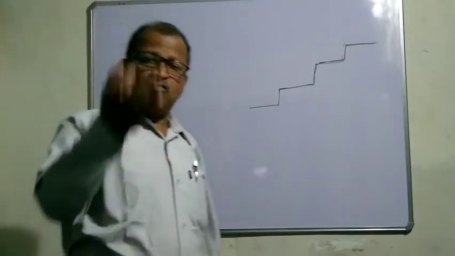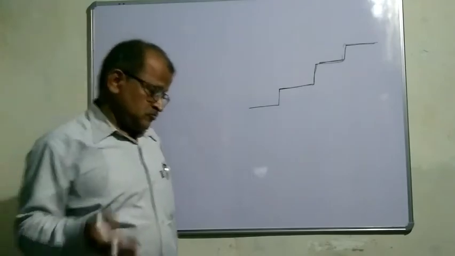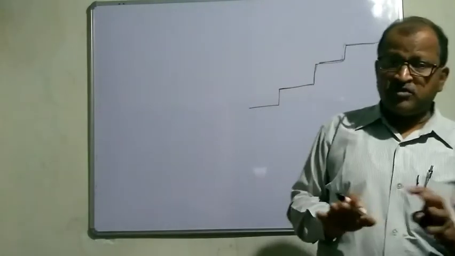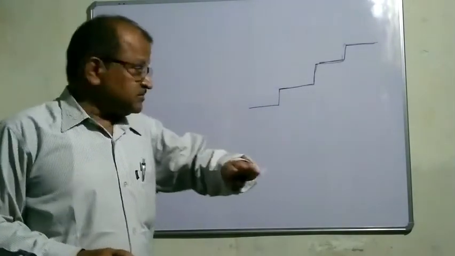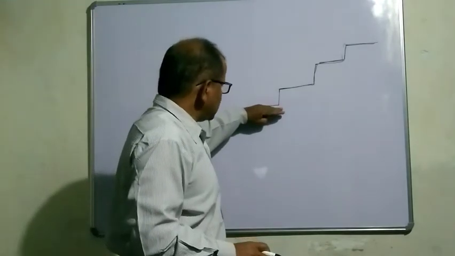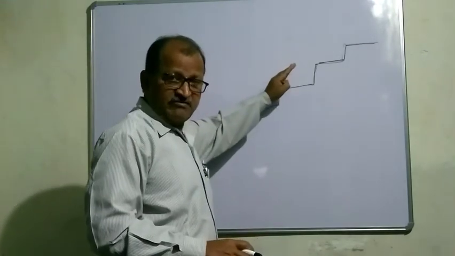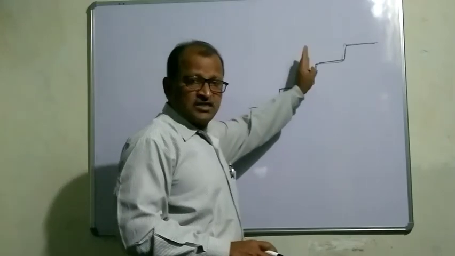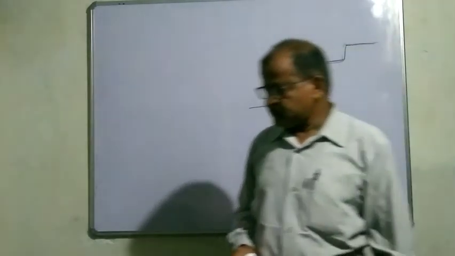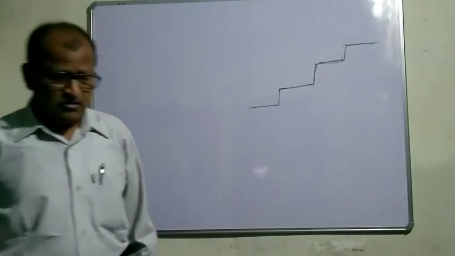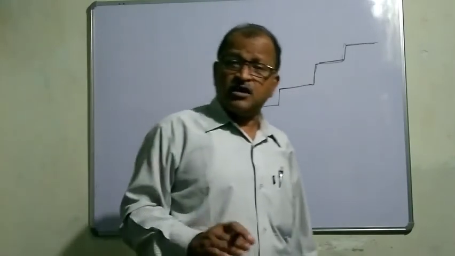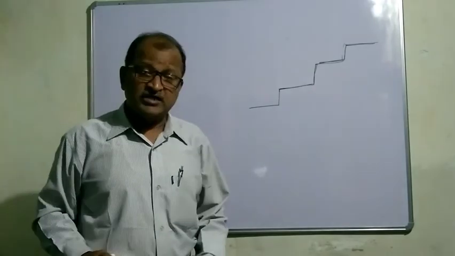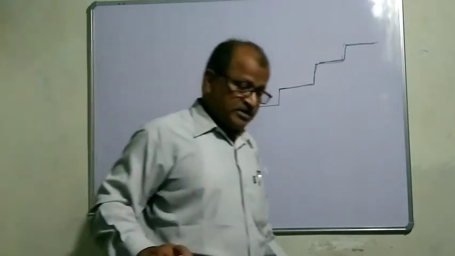Suppose the ground floor you want to go to the first floor, then you have to take the help of staircase. Steps are there. You see, steps are like this. Sometimes it is constant, then suddenly it increases its level, height increases, then remains constant, then height increases, like this. Another way is there. Suppose you want to go to hill, you can't walk, you have to go with motorcycle or cars, vehicles, like this. So there is a road, maybe carved road, but there is a road to the hilltop.